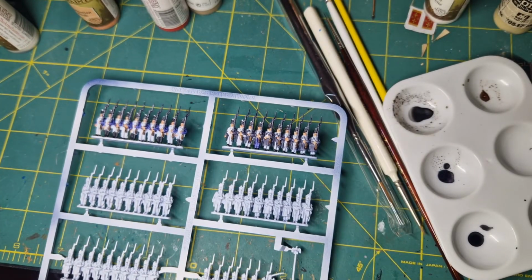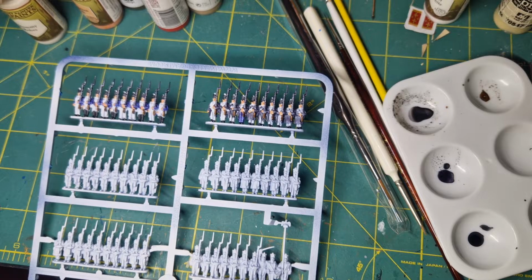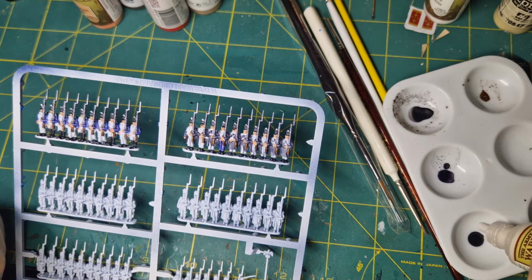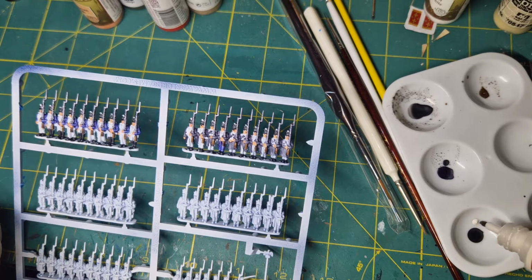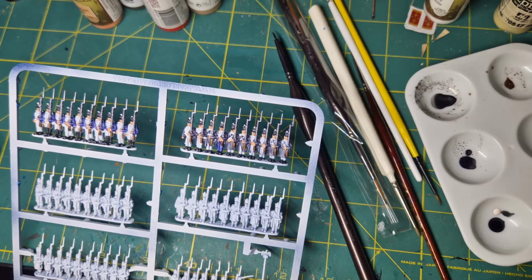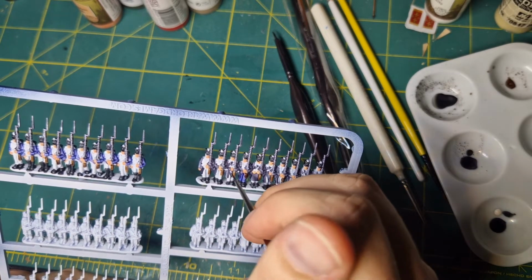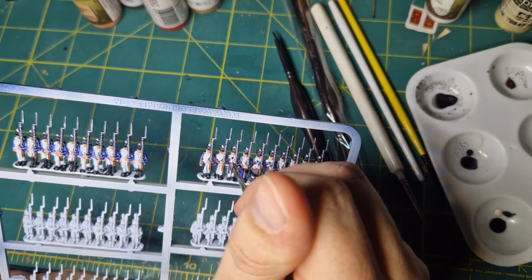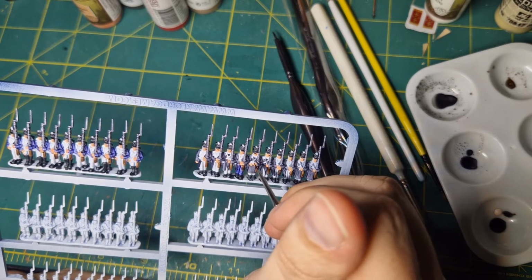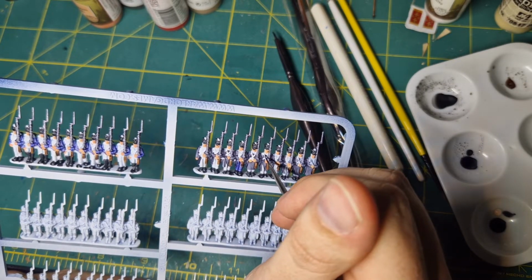That's pretty much the last of the speed paint I'm going to use for right now. Now, if you wanted, you could go back with some white. Like here, I'll show you. I'm going to just take a tiny bit, and maybe a slightly finer brush. And if you want to clean up a little bit. Not really necessary, but